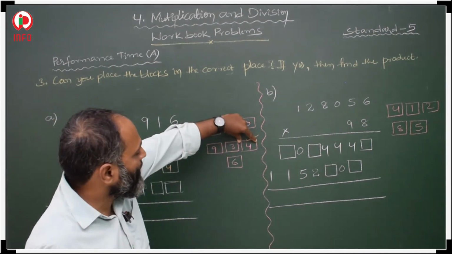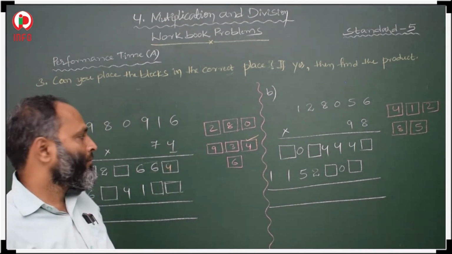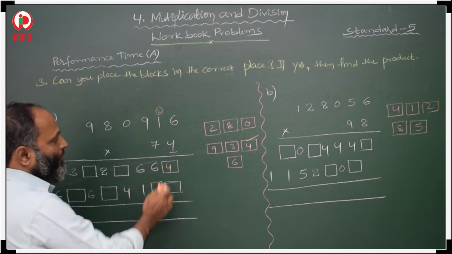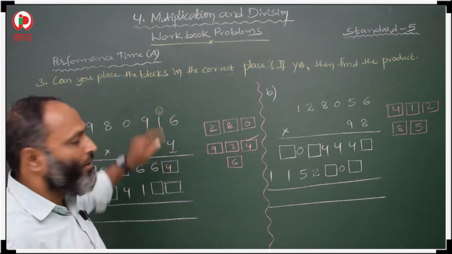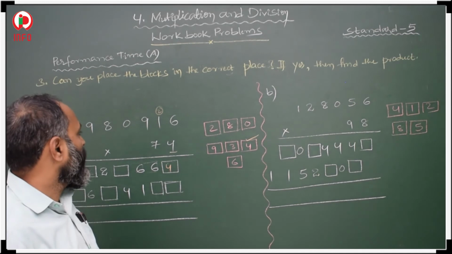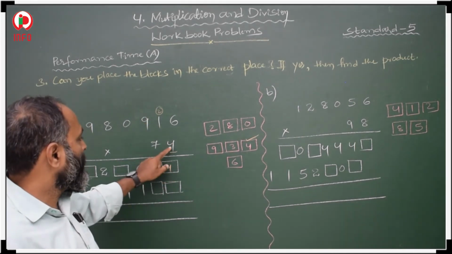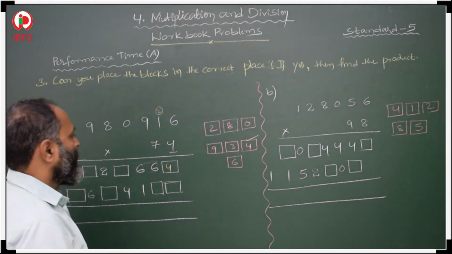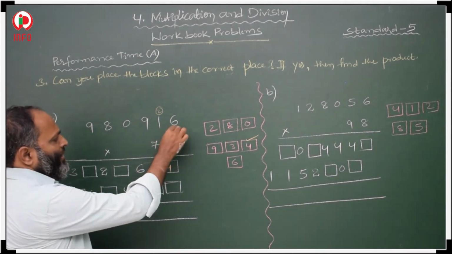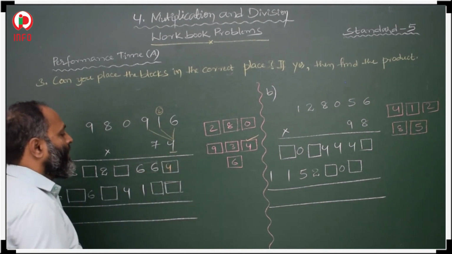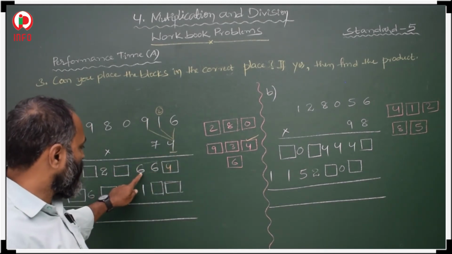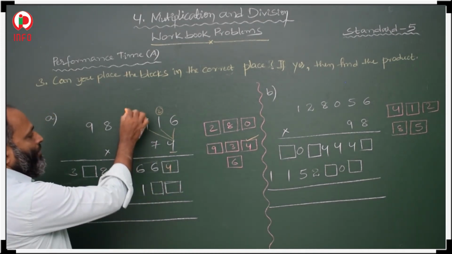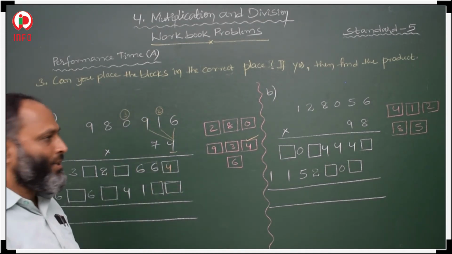This box we have to take and replace here. Then 2 is over here. 24 means 4 here and 2 carried over to the tens place. Then 4 ones are 4, 5, 6. 6 is here. After that, 4 nines are 36. 36 means 6 here and 3 over here in the thousands place.